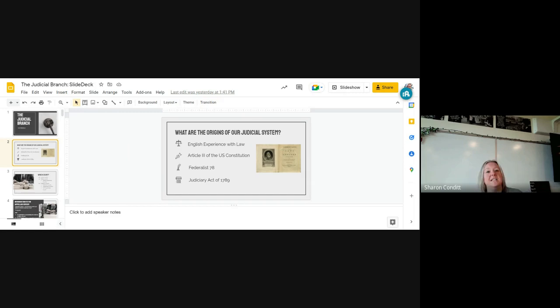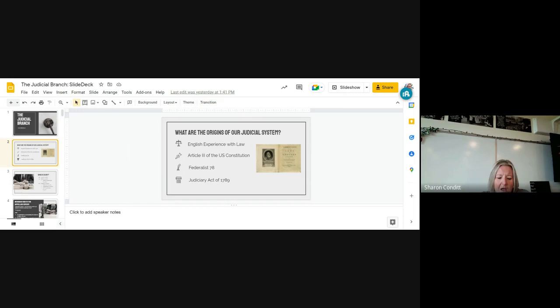Each district at the time of the Judiciary Act of 1789 was broken into regions. It doesn't quite look like that today, but they had sort of smaller areas within a district. Again, a district is a state at that time. Within each district, judges would kind of ride circuit, going from place to place to place in order to not have people come to the court, but rather the court go to the people, if that makes sense.